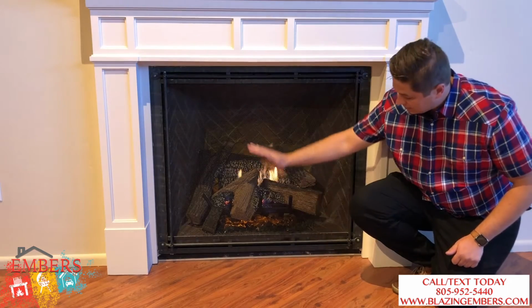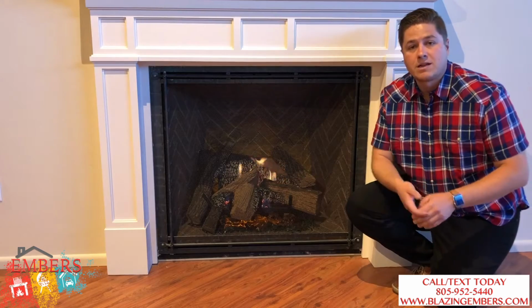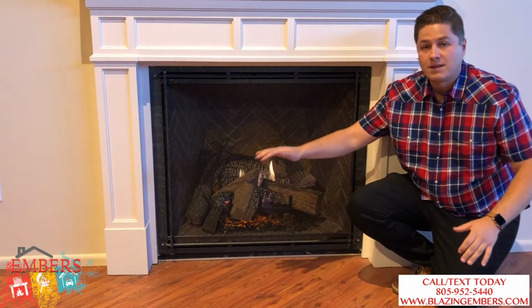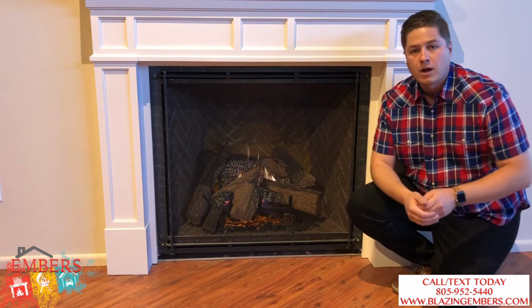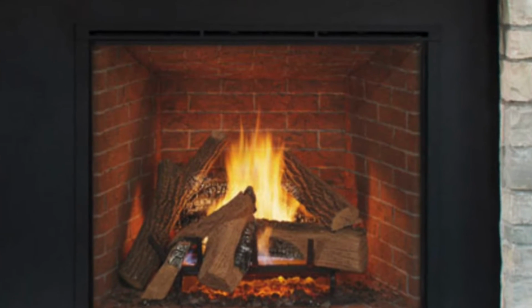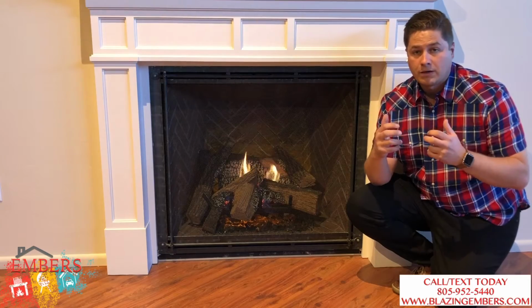You can see the fire goes almost all the way to the floor. It hides the components underneath, versus a lot of fireplaces that have a big black strip, then the flame itself. Here you see almost all viewing area. We do have the ornate front on it, but if you want a more clean, simple trim, you could do that. So that's what really gives this fireplace some pop: the clean face design, the big viewing area,